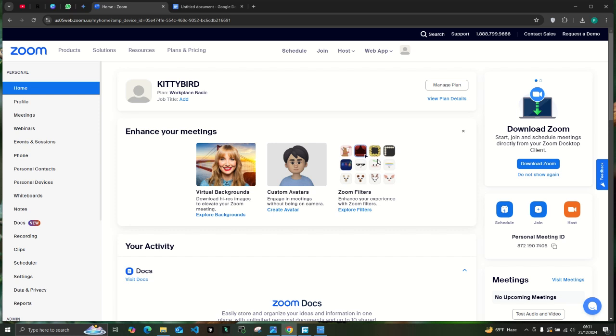So the first thing you do is you head over to zoom.us if you're using the browser. If you want to use the app on your phone, just simply sign in using the app. On your computer, I meant. So the next thing you do on your device is, from your home page